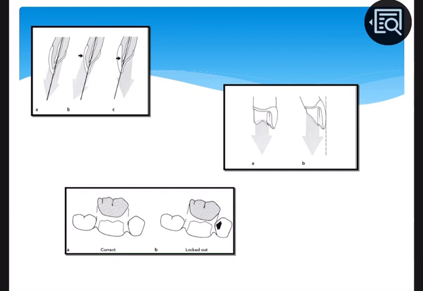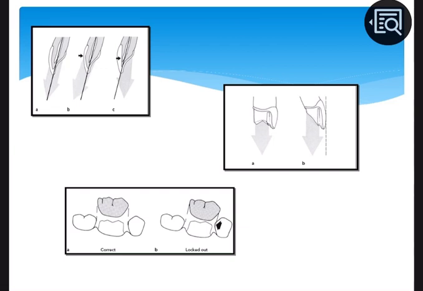And in B, the path of insertion is slightly facial. If the path of insertion is directed facially, what problem will we encounter? The prominence of the facio-incisal angle may create aesthetic problems. So we encounter an aesthetic problem if we set the path of insertion facially. It can create aesthetic problems of over contouring or opaque show through.